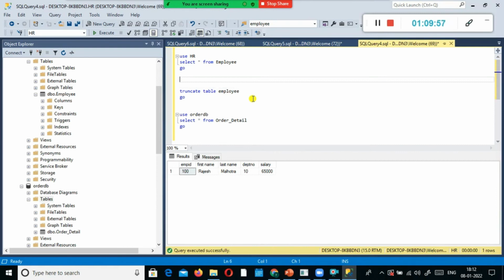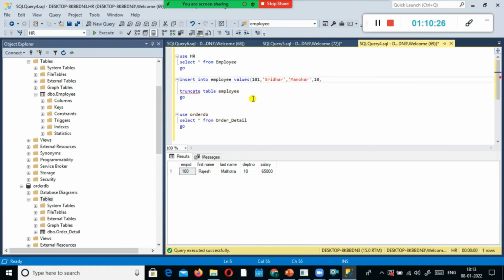I will insert a few more records in the employee table. Employee and values. Let's say the employee ID is 101 and Sridhar, his last name is Manohar, and his department number is, let's say, 10.